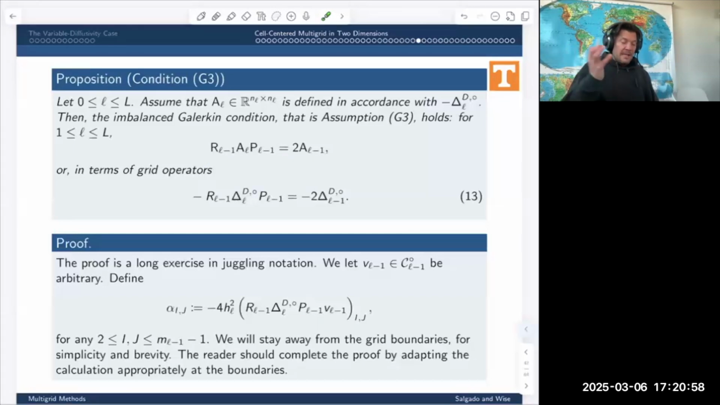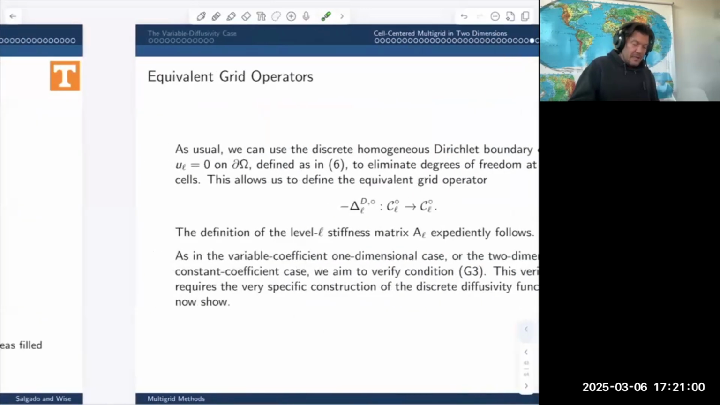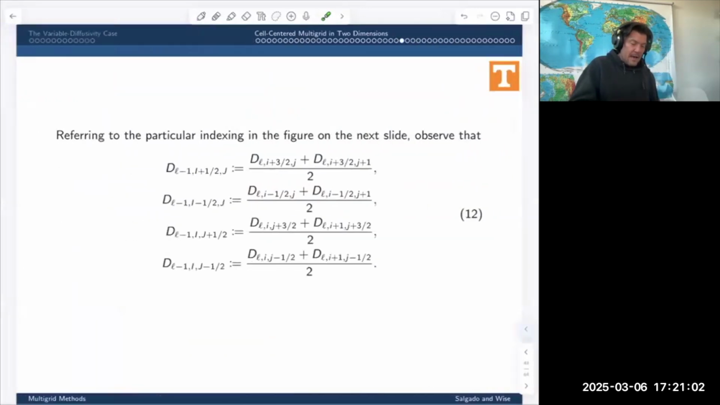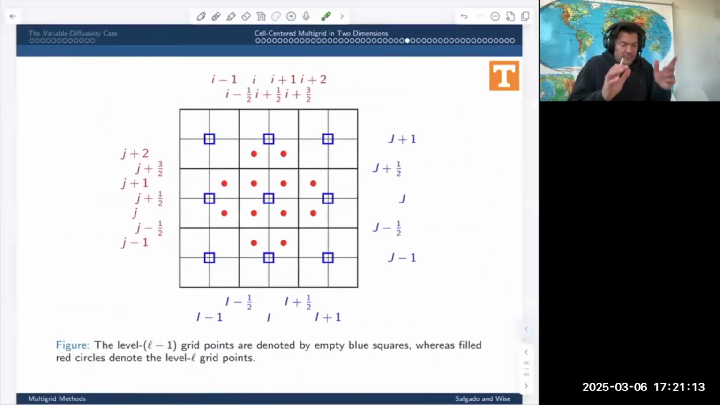So I need all of this notation and I need this understanding about how the diffusion constant, or the diffusion coefficient, is defined at the coarse level. So that's kind of foreshadowing where the discussion is going and what we're going to do next time. So I'm going to stop there and we will